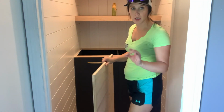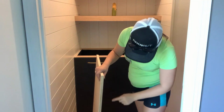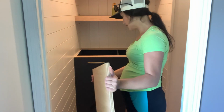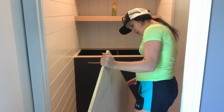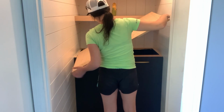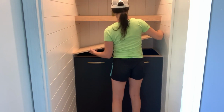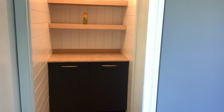The line is so straight with the circular saw that I actually cannot tell which side is the cut edge. Wow. Because this actually has a blemish in it from being cut too. My banding might have a hard time sticking to it. I'm just going to use this side though because it is the cut edge. And I'm being lazy. I don't really want to sand down that other side. Cool. That looks pretty good. It's a little short, which is kind of unfortunate, but